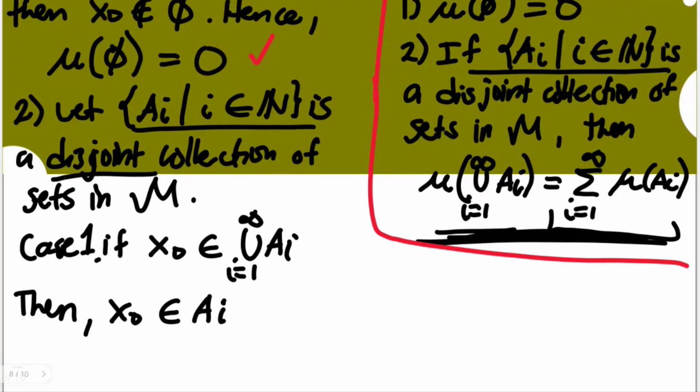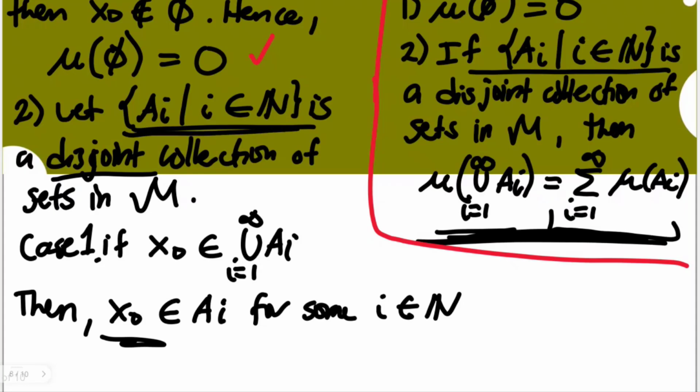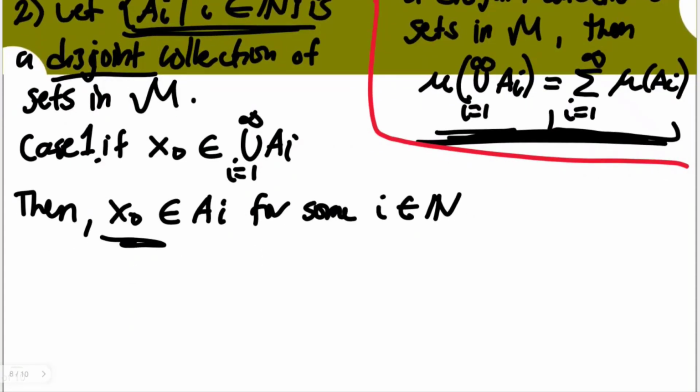But since it's an element of the union, there must be one a sub I, for some I an element of the natural numbers, where x sub o is contained. Again, only one a sub I, because this is a disjoint collection. So at least we're able to establish that x sub o is already there. So, hence,